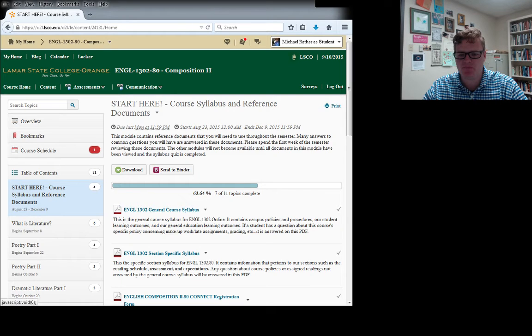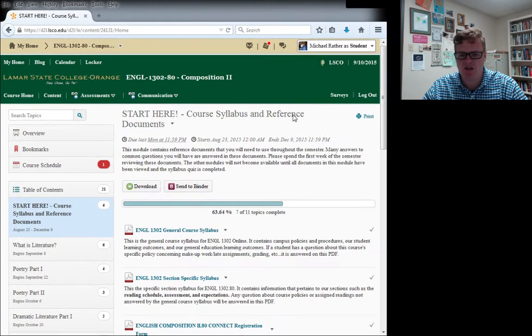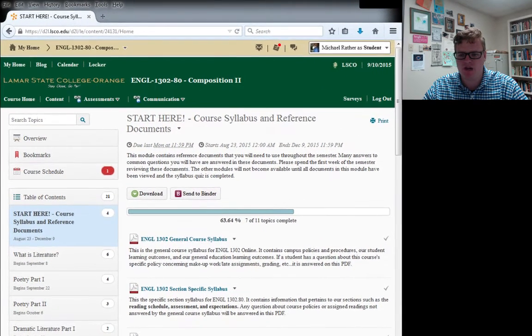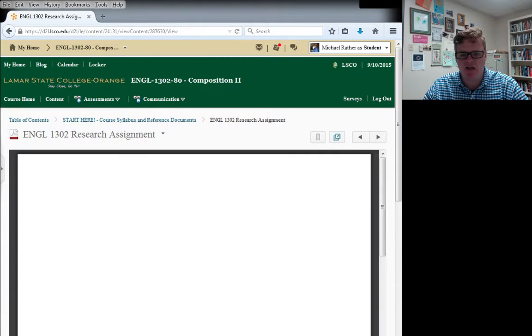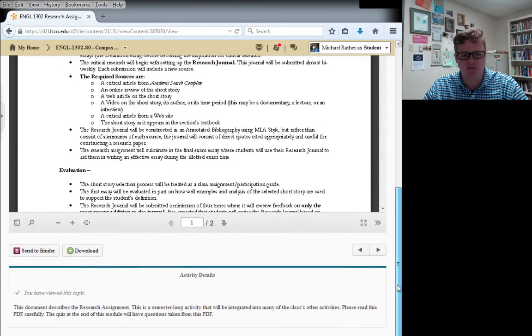So the first thing I'm going to do is add a window in here so that you can see the D2L page. Okay, so here's our D2L page, our main page, and we're already looking at that very first module. I've been getting a lot of questions this semester about the research assignment, so I wanted to go ahead and look at that again. So if you have not downloaded this and printed it and kept it on file, you should do so. It'll open in PDF format,